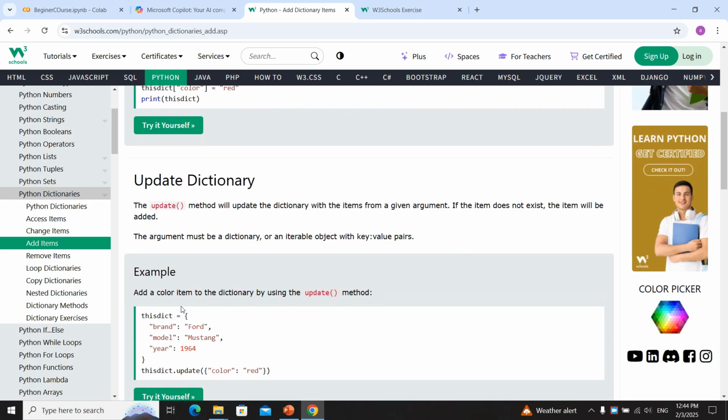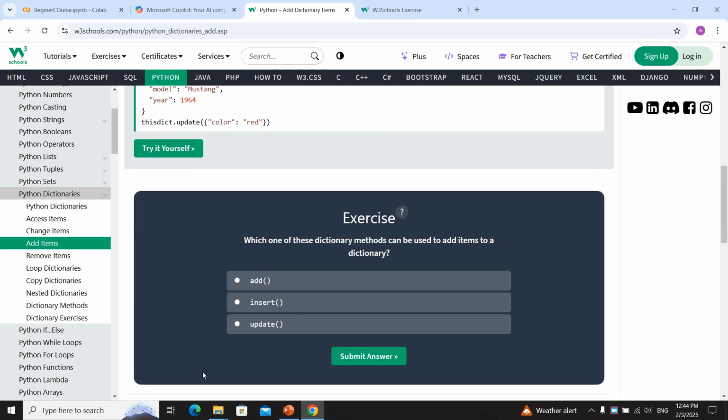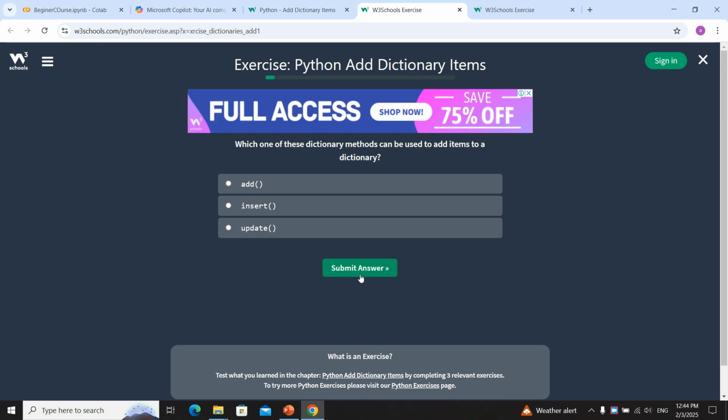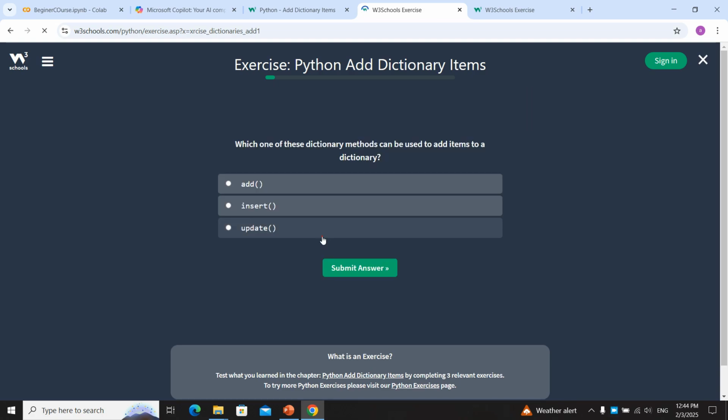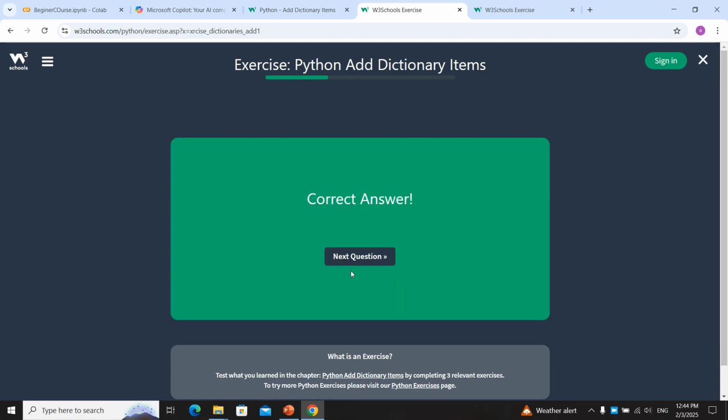We learn about it. We can update. We know about this. There is nothing special. We learn about them in the previous lessons. We can use add to add an item. Oh, update. Sorry, add. We don't have add. Update, and we also have,